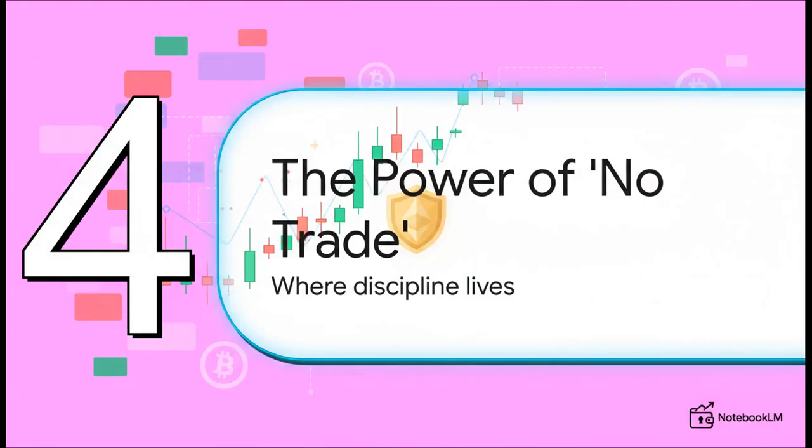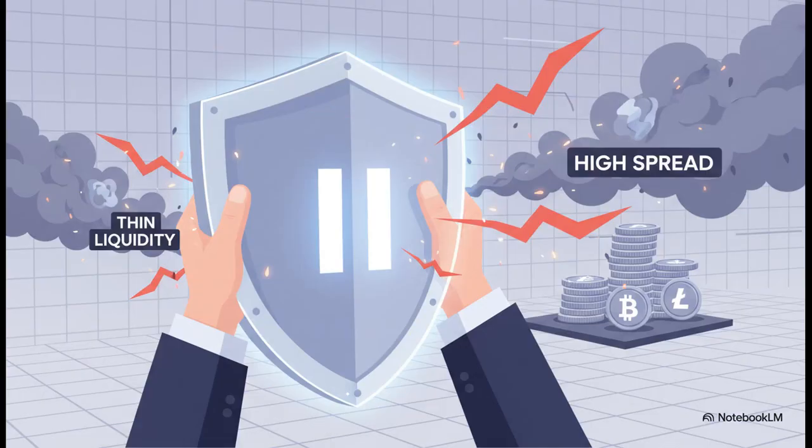So now that we understand the enemy, how do we fight back? Well, it turns out that your most powerful tool might be the one you use the least. That's right, the no trade. A lot of us think of not trading as just doing nothing. We need to completely flip that script. Choosing not to trade because the conditions suck, because the costs are too high, that's an active, strategic decision. It's your shield and it protects your capital.